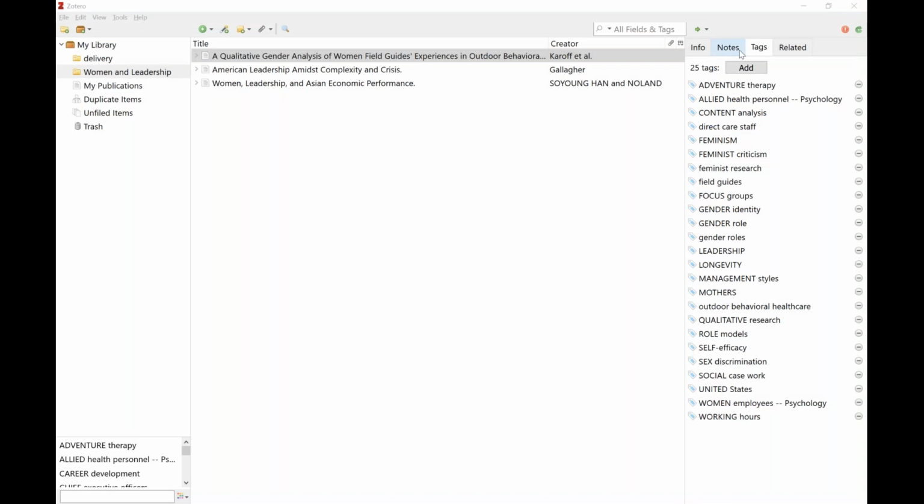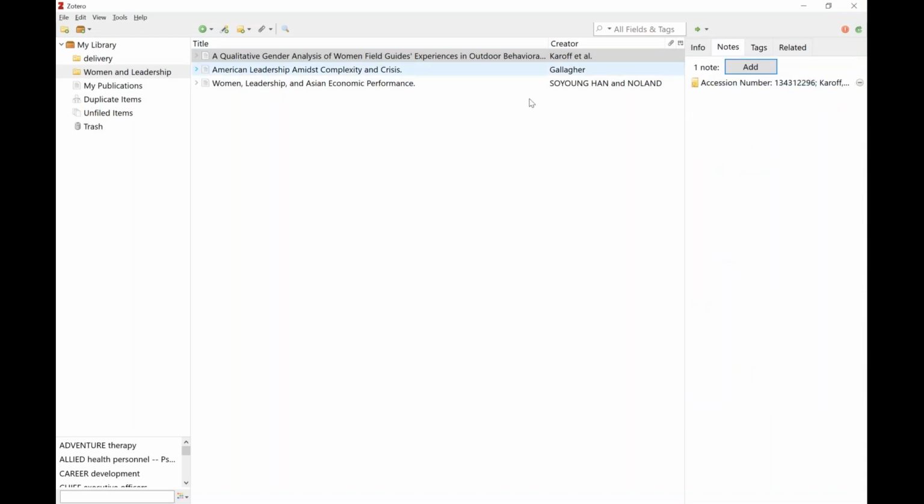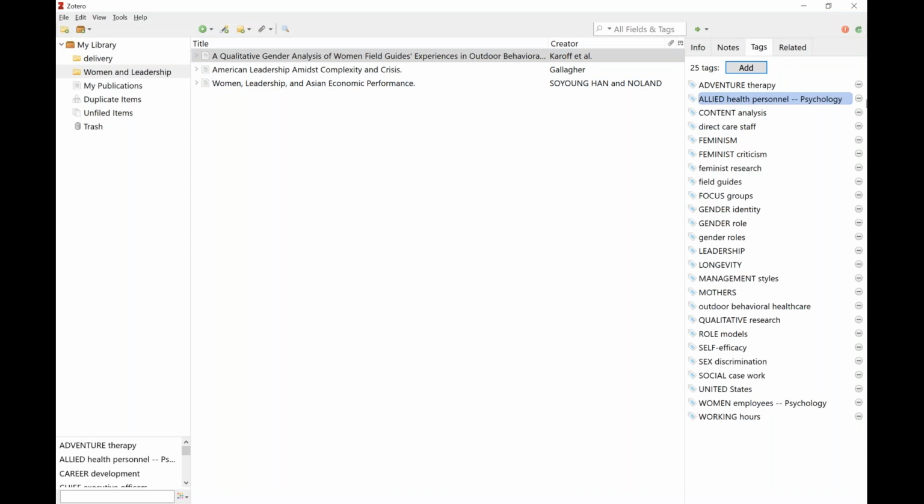So yeah, you can add notes to each of these items, remove or add tags, add URLs. I did want to show you something that was a little bit different about Zotero that I liked, that some of the other citation managers didn't have,